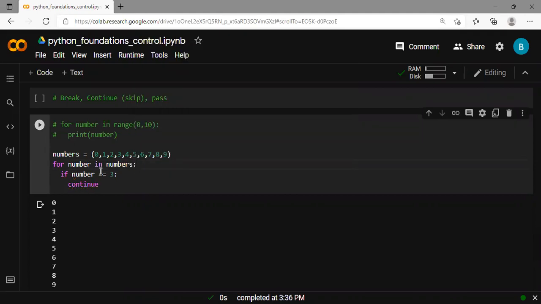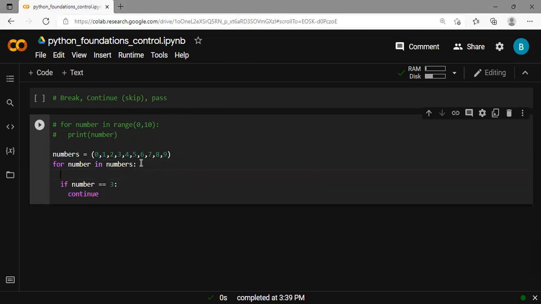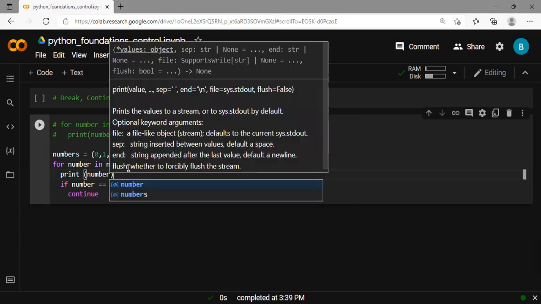If number equals 3, skip, and then you, okay, so let me run this and let's see what happens. No, nothing happens. I'm supposed to say print here. Print number. Okay. But if number equals 3,